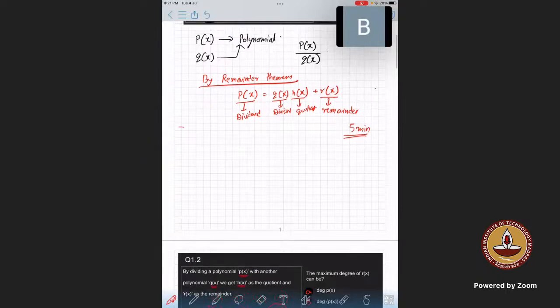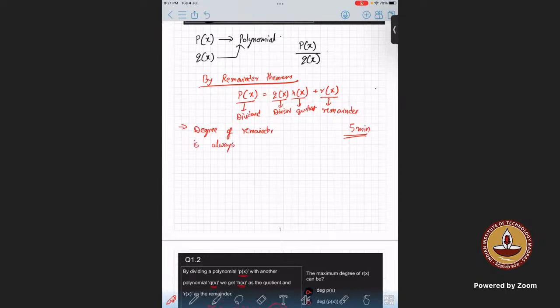Look, someone said, I am writing all these points: degree of remainder is always less than divisor. Okay, this is a good point. It is correct. But